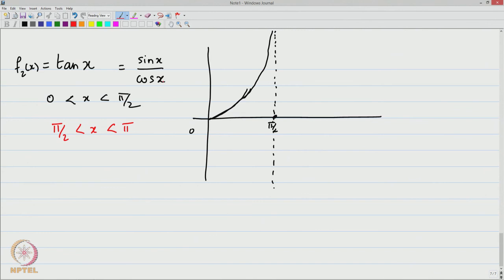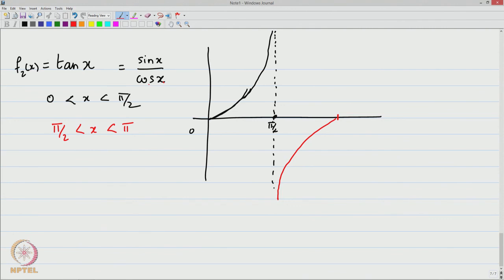Please remember, cos x is very close to 0 when x is very close to pi by 2. Therefore, this is a very large negative function, and therefore, if I mark pi here, let us see, it grows from large negative values to 0 at pi,